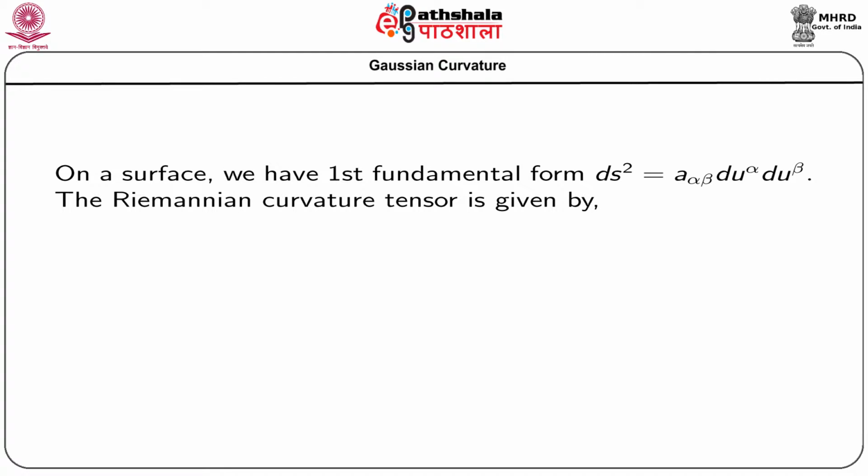Now, we introduce a new curvature of a surface which is known as Gaussian curvature or the total curvature of the surface. On a surface, we have the first fundamental form ds square equal to a alpha beta du alpha du beta. The Riemannian curvature tensor is given by